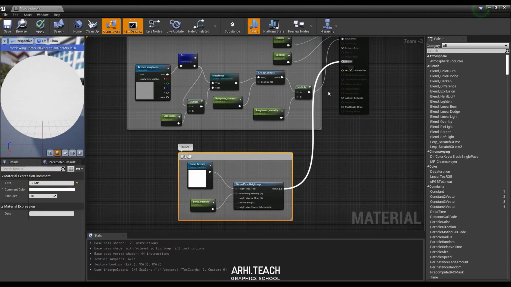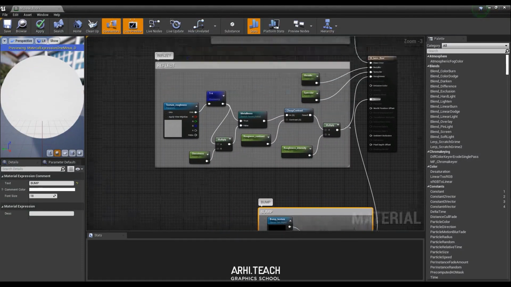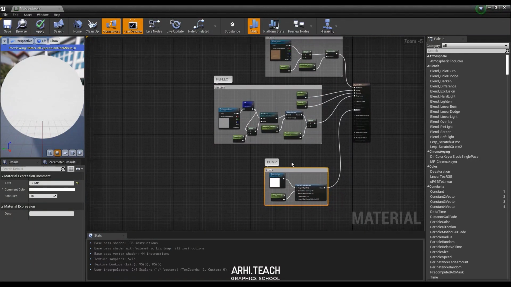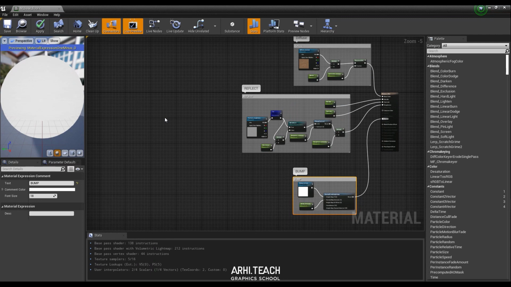After that, we connect this branch to normal. That's all, done. Let's move it to make it clearer. Now we have a little more to do. This is the scale of our texture so that we can control our texture, but we'll also add rotation here. But first I want to say about a very important point.